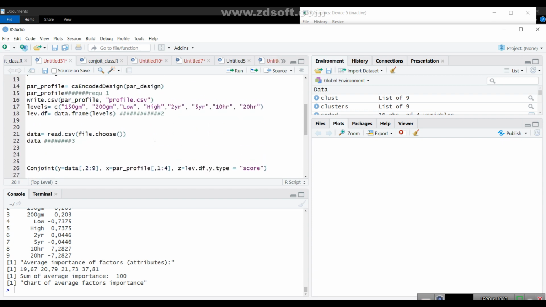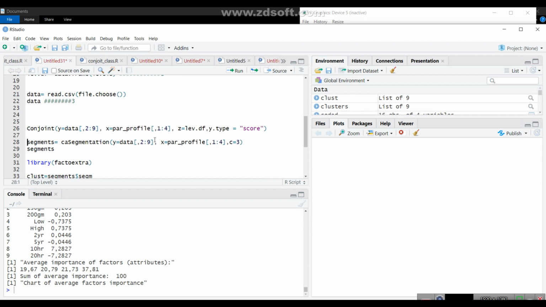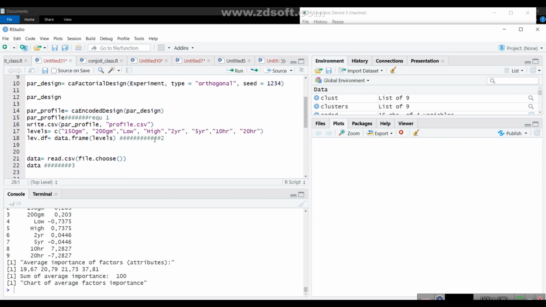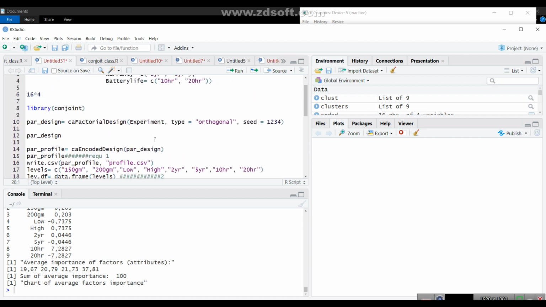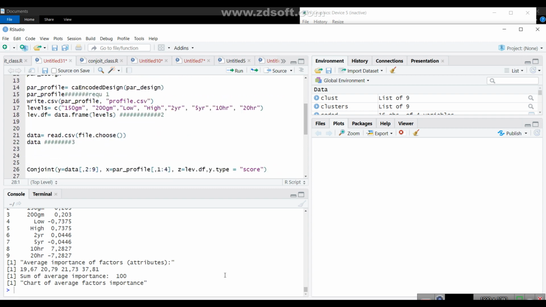If you are using partial design, you can easily do it using this script. Or if you want to go for full profile, then the only change you have to make is in your data. You would then need 16 profiles, and each consumer will be required to evaluate 16 profiles. So this is how you can conduct a simple